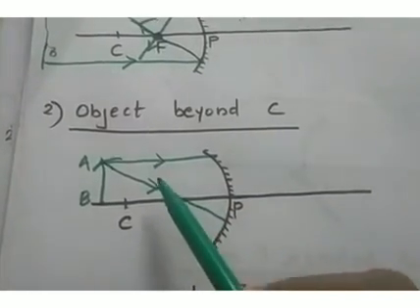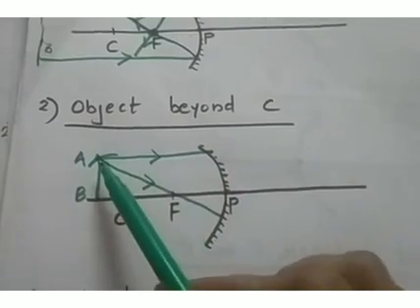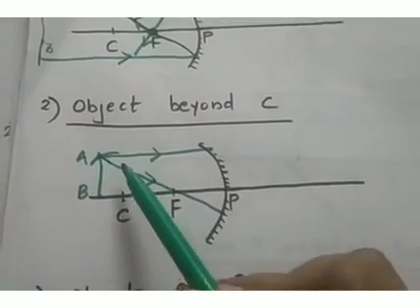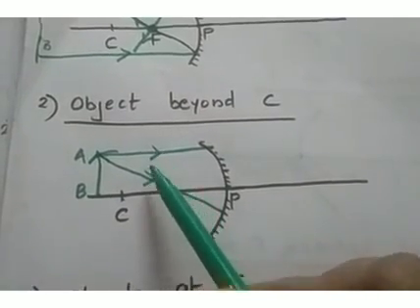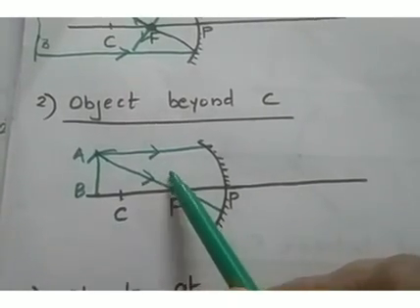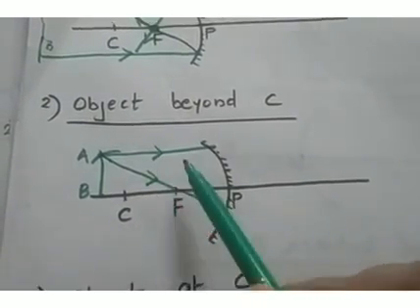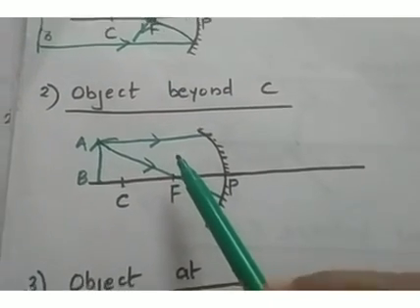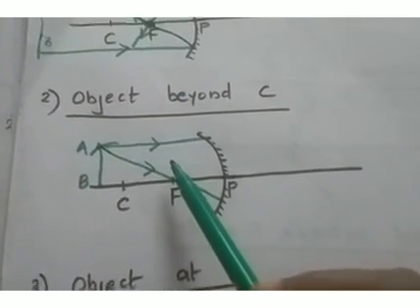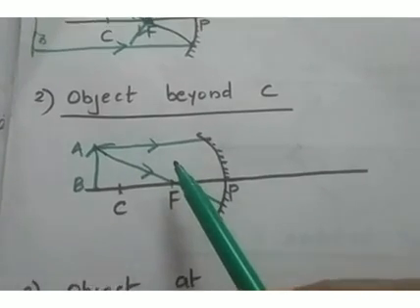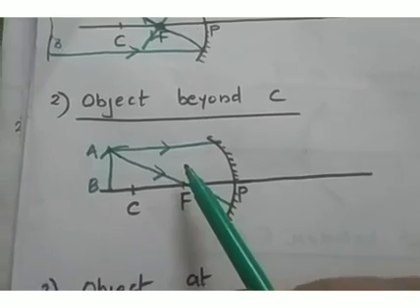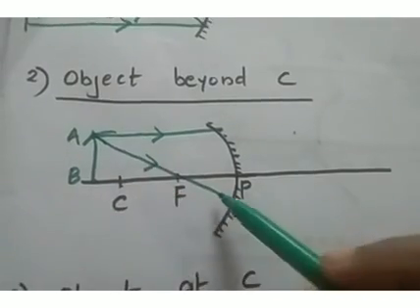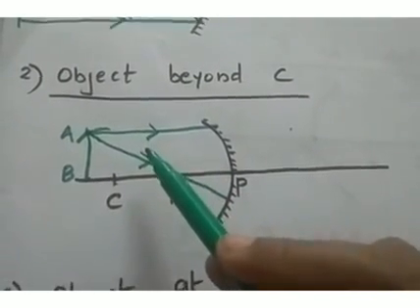So these are the 2 rays. And before that, I just want to remind you one thing. Whenever you represent the light rays emitting from an object, you must mark an arrow here. Otherwise, you will lose your marks. An arrow makes it a light ray. Otherwise, it will be simply a line. Okay, arrows are very, very important in ray diagrams because you are drawing ray diagrams, not simply line diagrams. So, if you want to make it a ray diagram, arrows are very, very important. Okay, so these 2 are the light rays. Now, it's time to apply the rule.